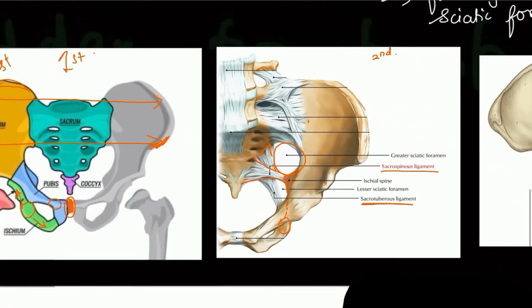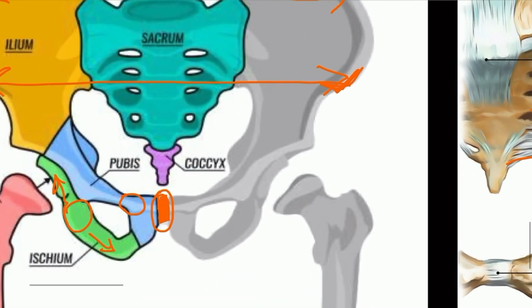And we have obturator foramen. Let's look at the first picture once again. For obturator foramen, I said some part will be formed by the pubic bone and some part will be formed by the ischium bone. So let's look at this. This is the obturator foramen. This blue color which I am shading is the obturator foramen formed by the pubic bone and the ischium bone.